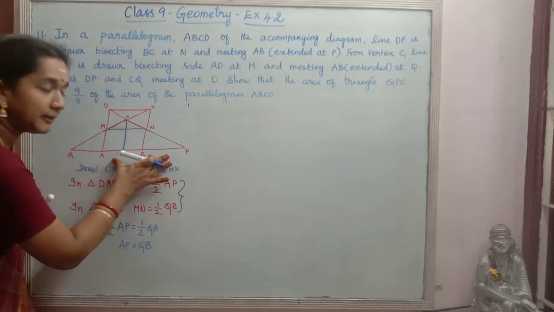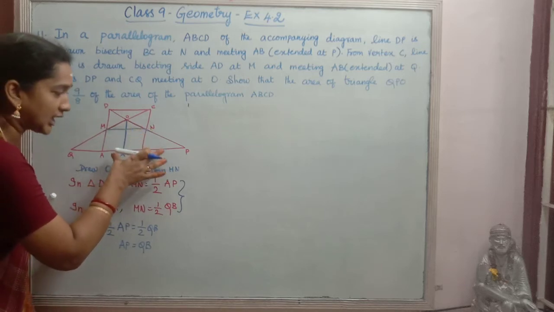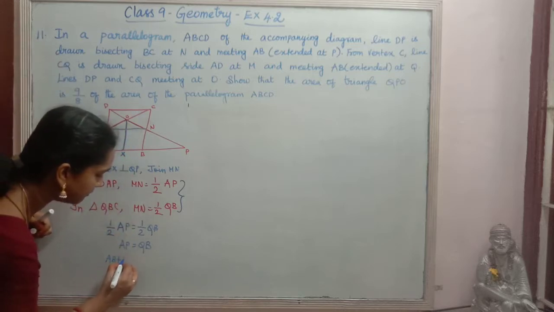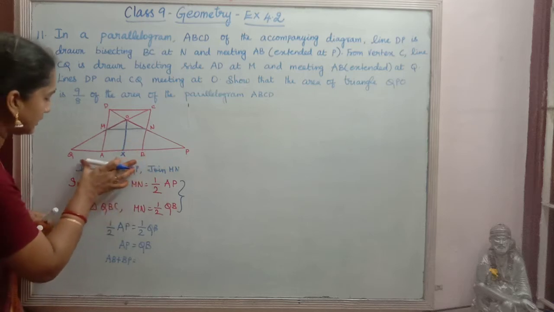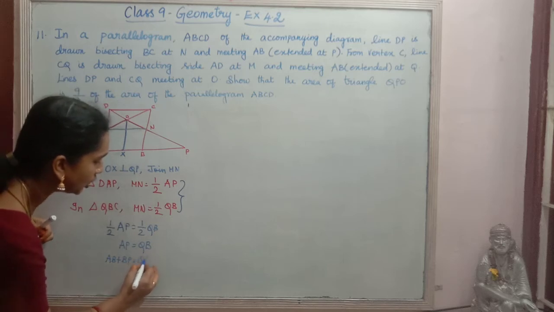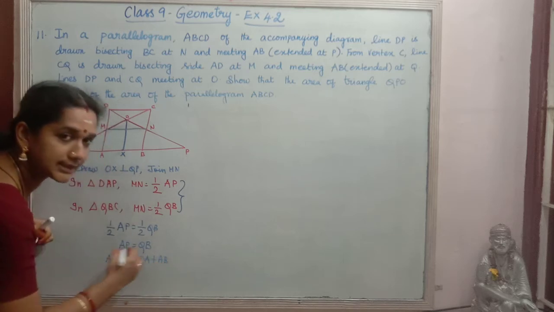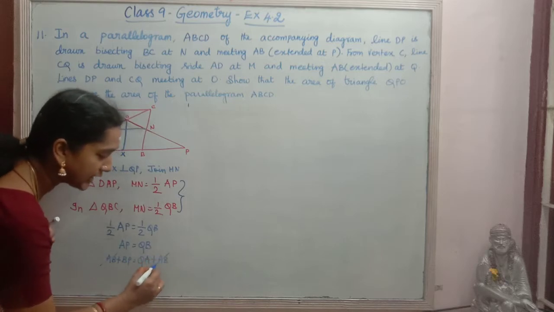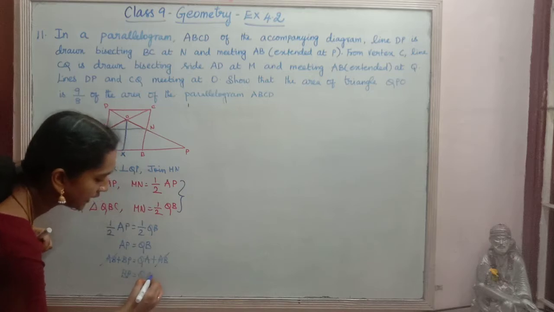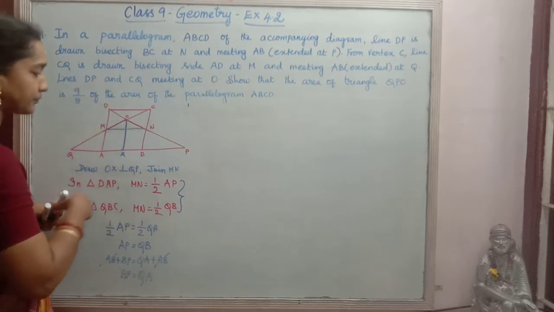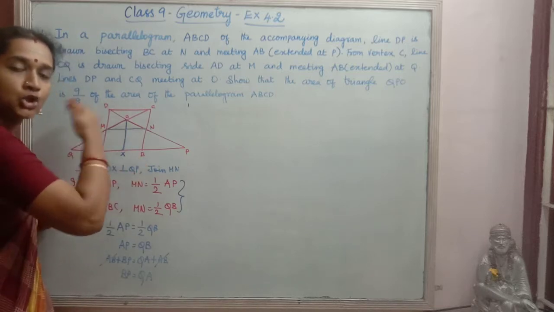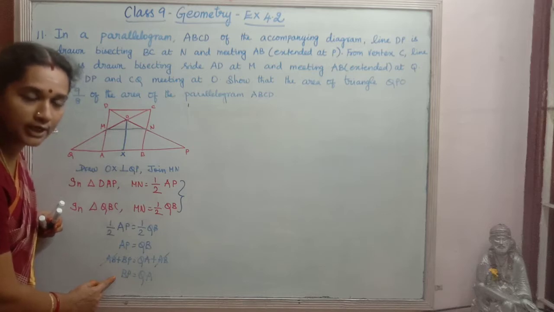In AP, in between we are having a point, so we can split AP and write it as AB plus BP. In the same way, in QB, in between we have the point A, so we can write it as QA plus AB. So on both sides we have AB. If we cancel that AB, BP is equal to QA. AB is the common part to both lines, so now we have cancelled it.